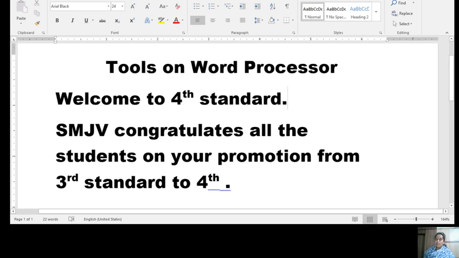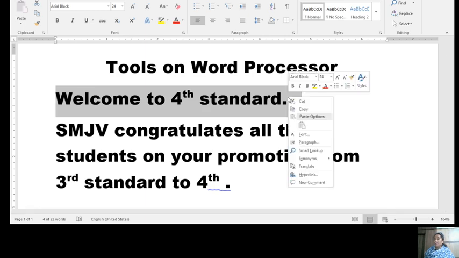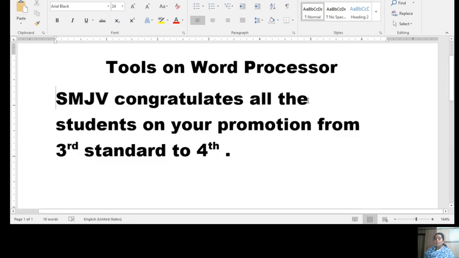Place the cursor here before W. Left click, press and hold the left click and drag the mouse. Right click on it, then use the option cut. Okay, the text is gone.